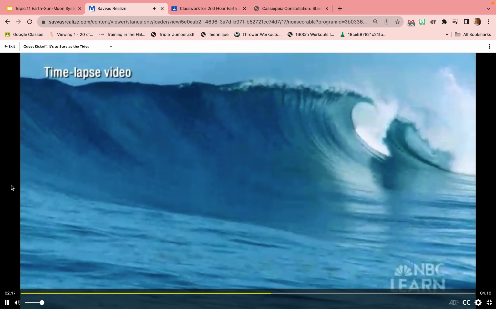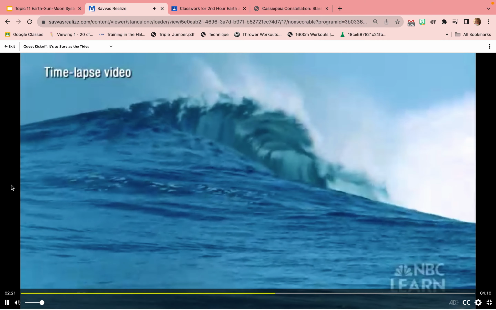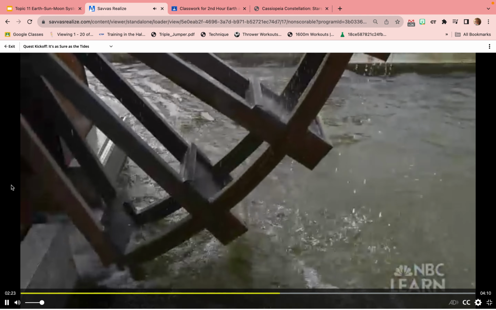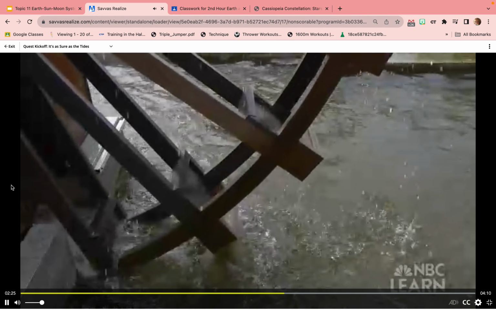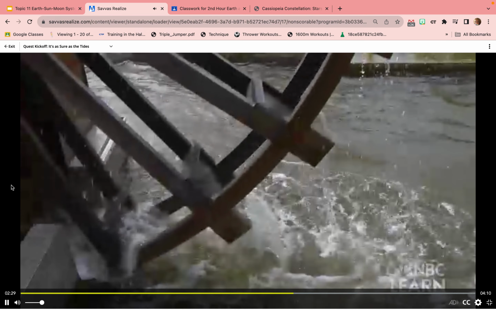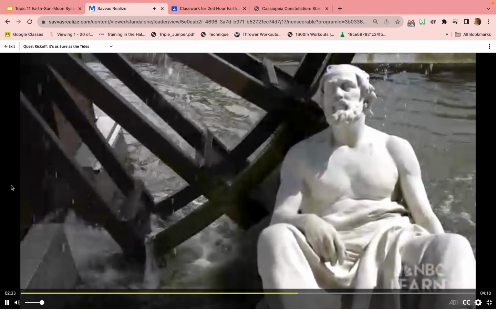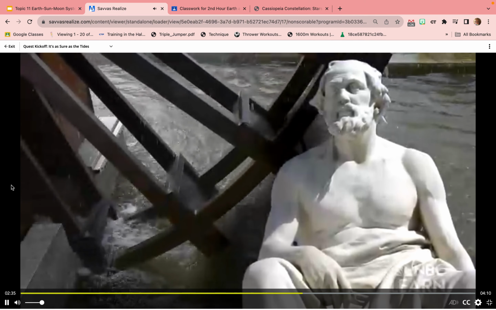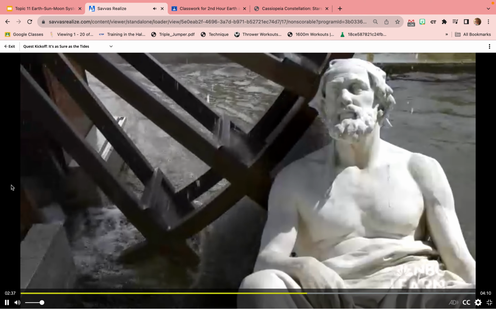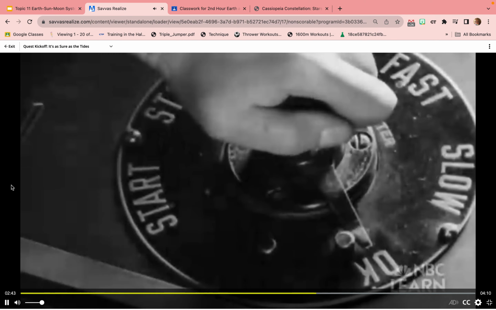So, would it really be possible to harness the hydrokinetic energy of tides to generate electricity? The science concept behind hydrokinetic energy is not that far off from what humans have been using for thousands of years. As long as 2,000 years ago, the Greeks used hydrokinetic energy of moving water to turn large grindstones to grind wheat into flour. In the late 19th century, water turbines were first used to convert hydrokinetic energy into electricity,